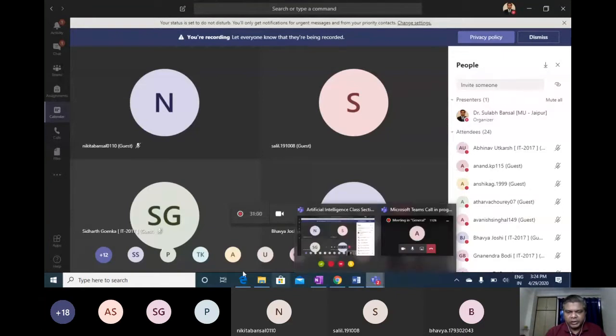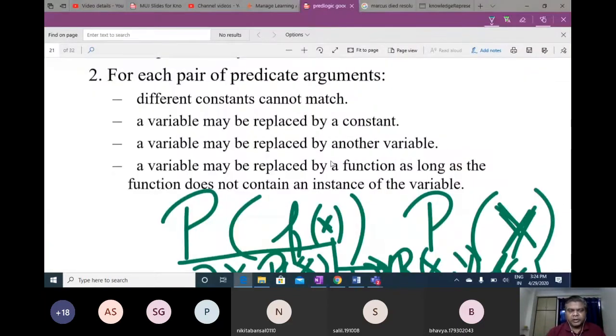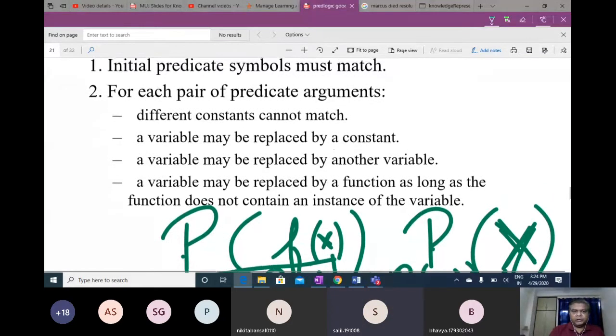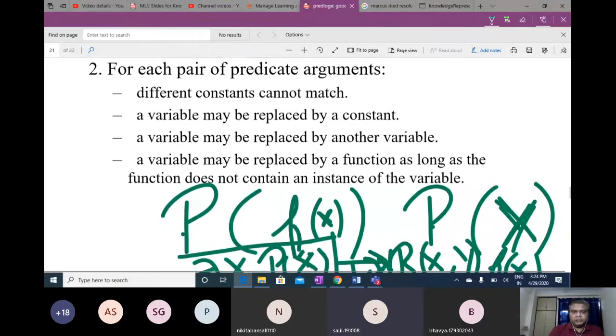We are doing the unification algorithm. In the unification algorithm we have to match two predicates, and they can be matched, replaced with each other, while doing resolution if, first of all, their predicate symbol is the same. Then for each argument we have to check: if they are constants, then they have to be exactly the same constant. If they are different constants, then they cannot match. If they are variables,